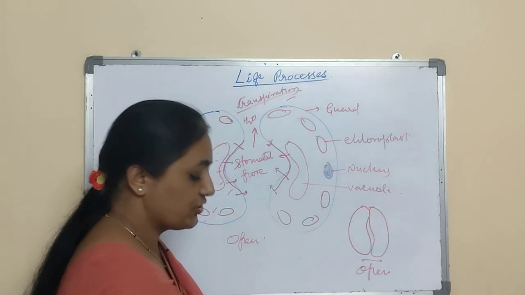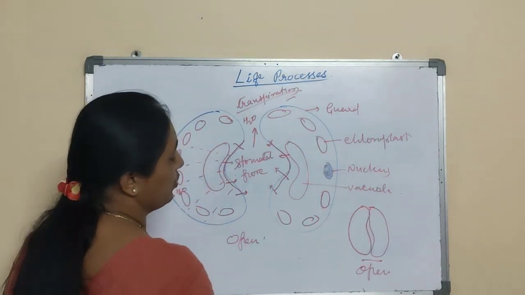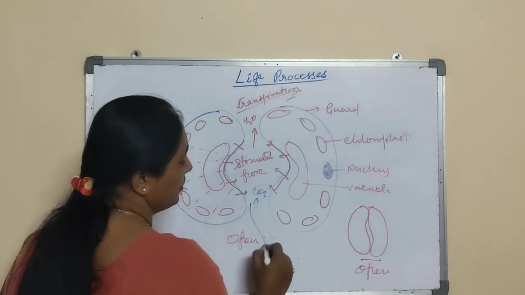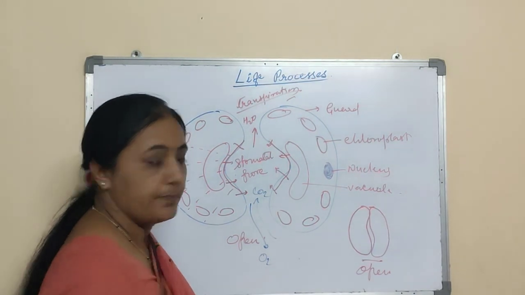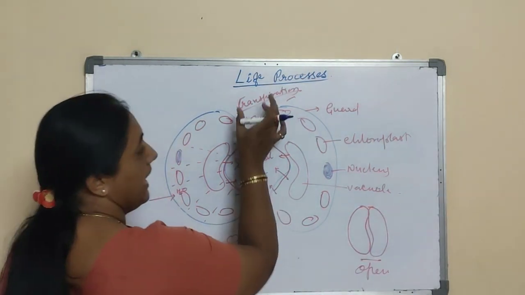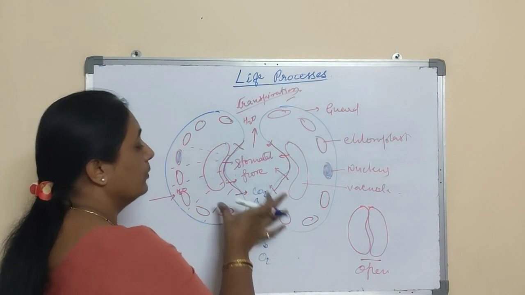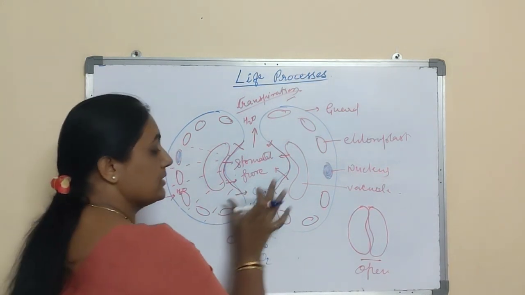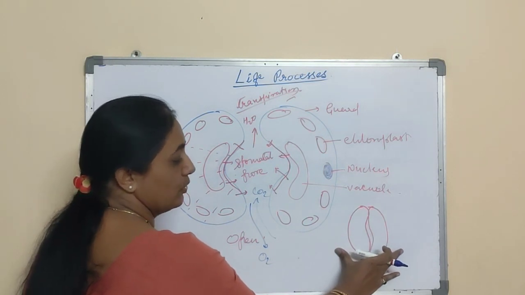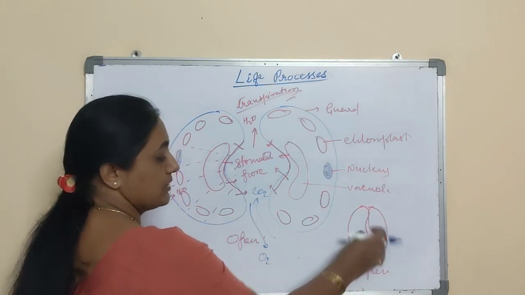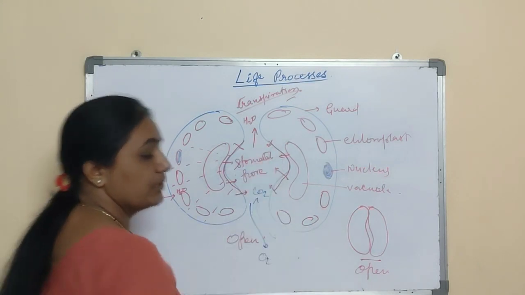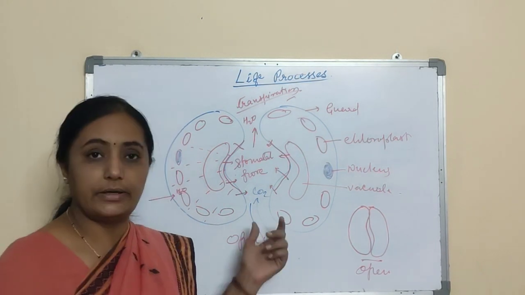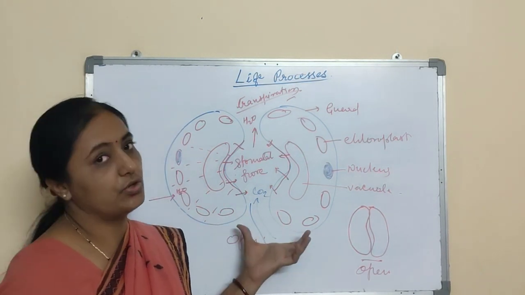by the time of opening of the pore, CO2 and O2 exchange also takes place. As soon as the pore opens, CO2 comes in and O2 goes out from the cell. In this way, exchange of gases as well as the process of transpiration are both controlled by the guard cell. To prevent excess loss of water, the guard cells come close and the stomatal pore gets closed. Stomata is responsible for transpiration and exchange of gases. These are the two significances of stomata. And this is the structure of stomata.